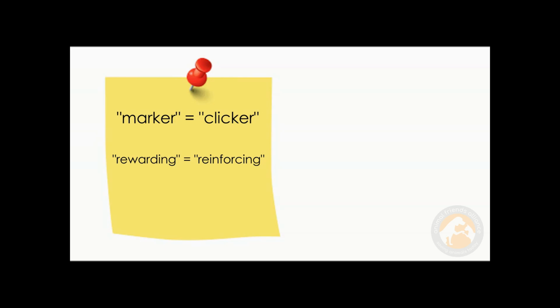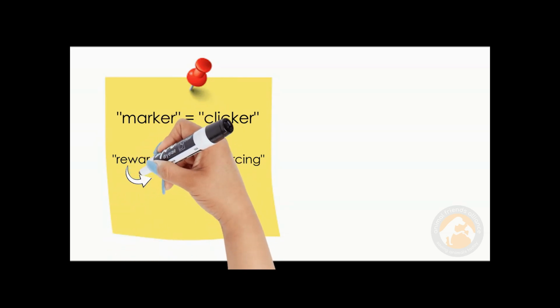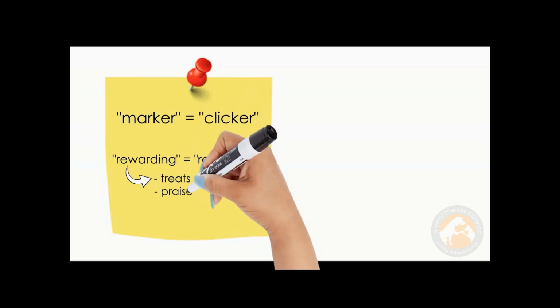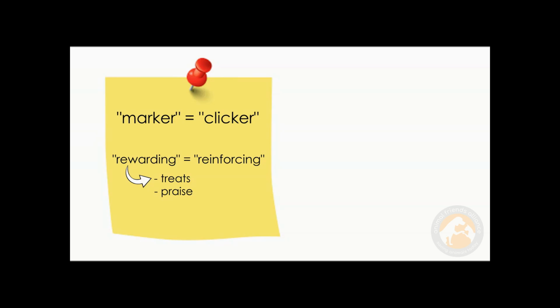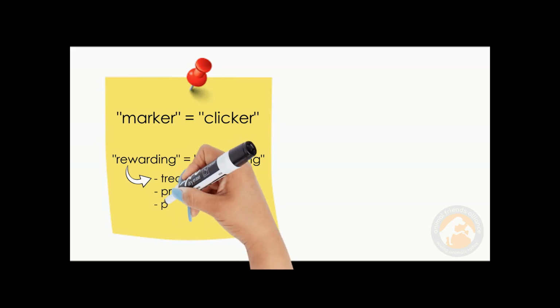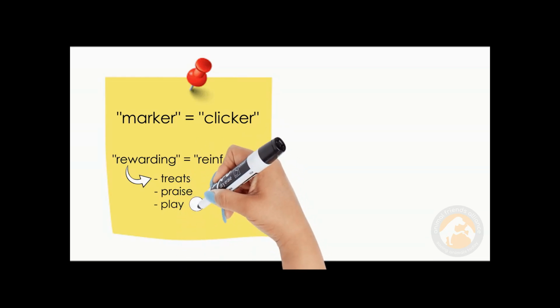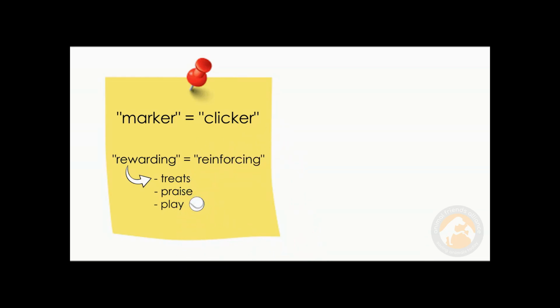Please note that I will be using treats as rewards in this video, but it's super important to note that different dogs prefer different rewards. Some dogs prefer praise as a reward, some dogs prefer food and treats, which is what I will be using in our examples, while other dogs consider play a reward, such as throwing a ball. So make sure to gauge what your dog finds most rewarding before choosing what you will use for reinforcement with